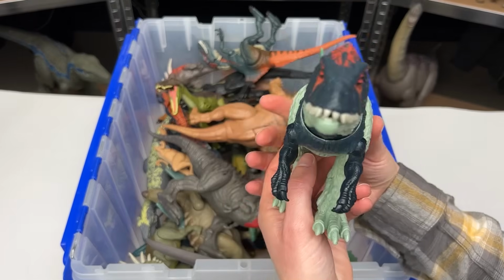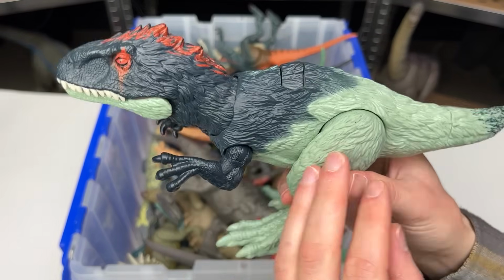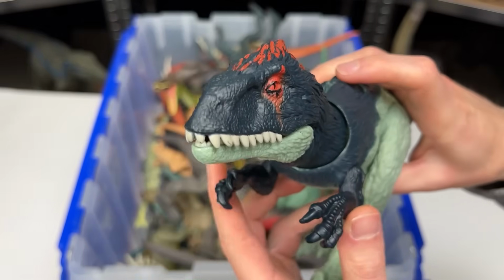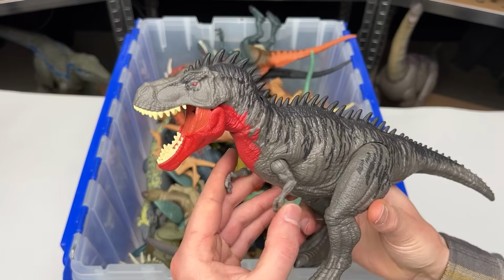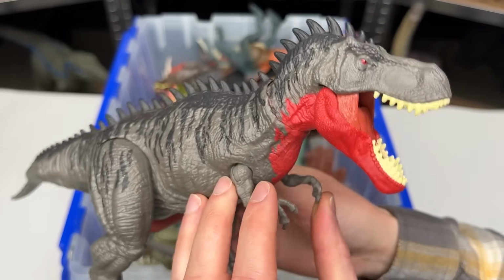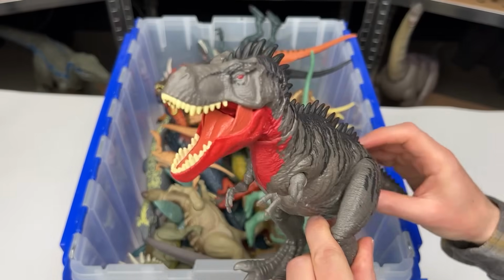Next up is the Eocarcharia from the Dino Tracker series. It has feather texturing over its whole body and an action button on its back for the chomping and roaring. Here is the Tarbosaurus figure, and this is one scary looking dinosaur. Check out that row of spines running down its back, and you can use the tail to control the head